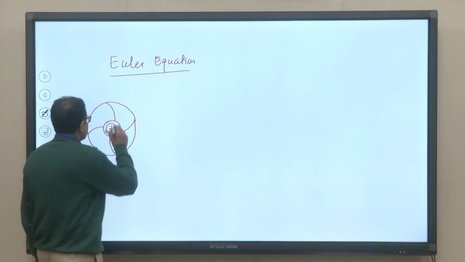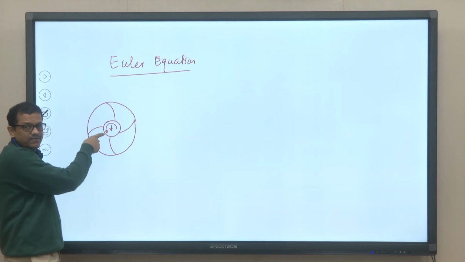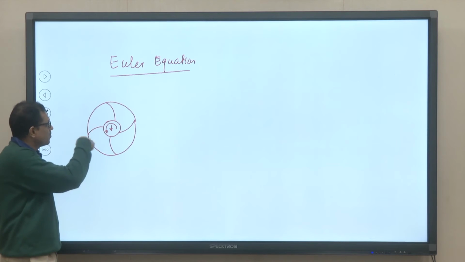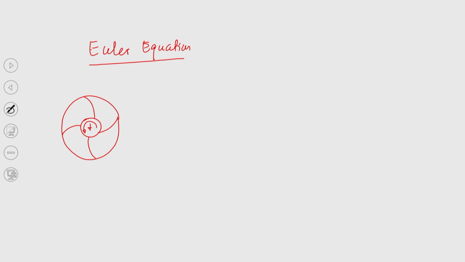Okay. And just for the sake of completeness, I will tell you the small circle that we can see from the schematic is known as hub. So, there are two concentric circles, one is having smaller diameter and the outer circle is having higher diameter. So, the smaller circle is known as hub. So, this is d1 and the diameter of the outer circle is d2, right. So, this is d2,